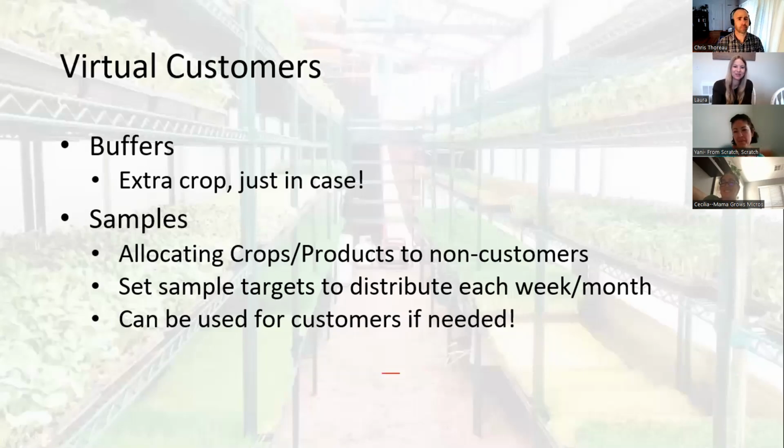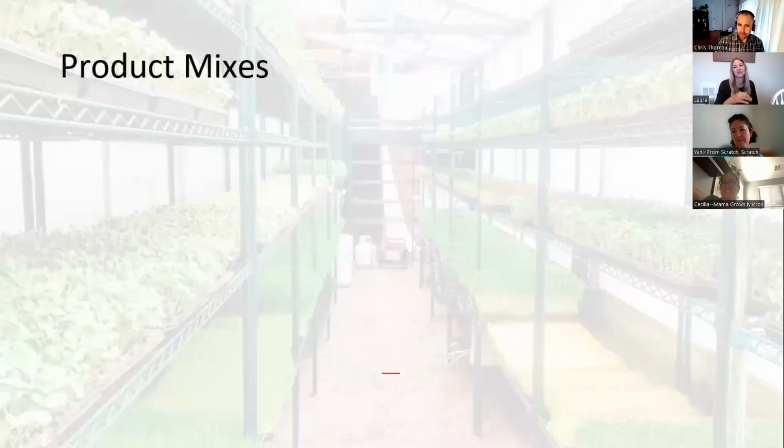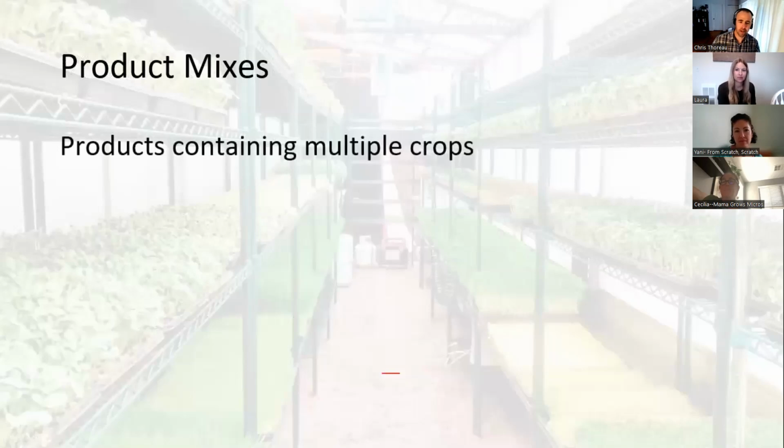Okay. Now, this is one of my favorite topics, product mixes. And so this is a product that contains multiple crops. Now, I had our crop planning spreadsheet on the market for quite a few years before somebody said, can we do product mixes with this? And I'm like,